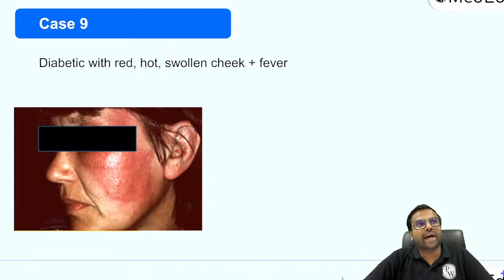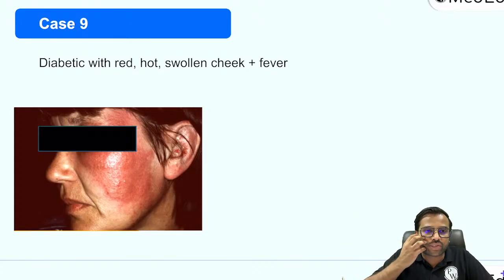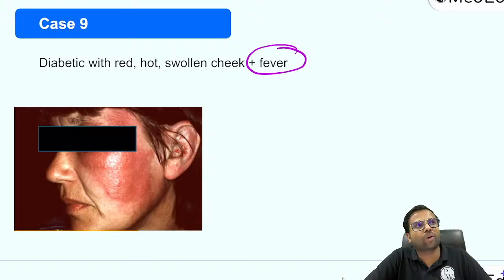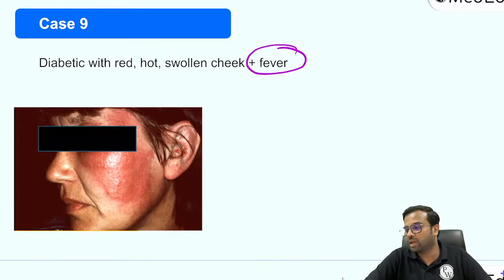Now we have a diabetic patient who is coming to you, and the patient is complaining of redness, some hot sensation, swollen cheek, and there is fever. So till now, whichever patients that we have seen with a red face or facial erythema never had fever. So now